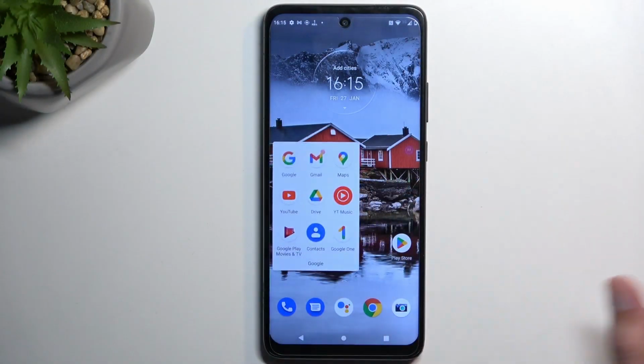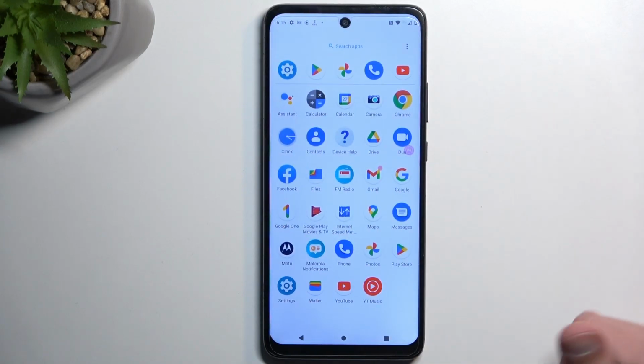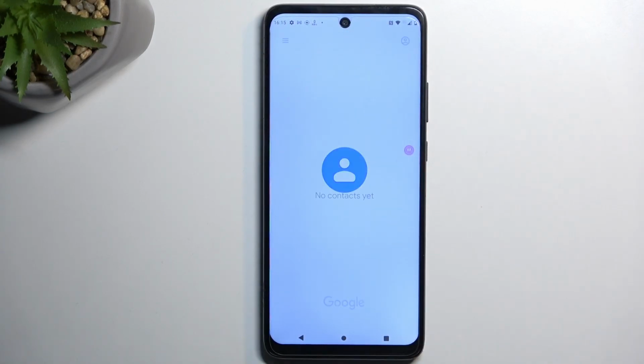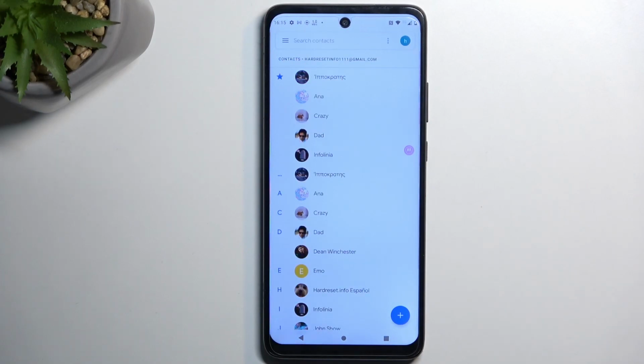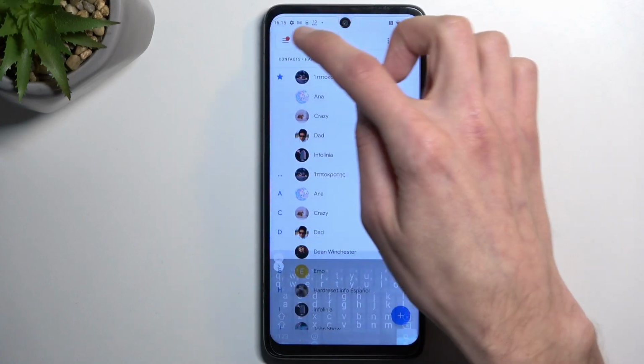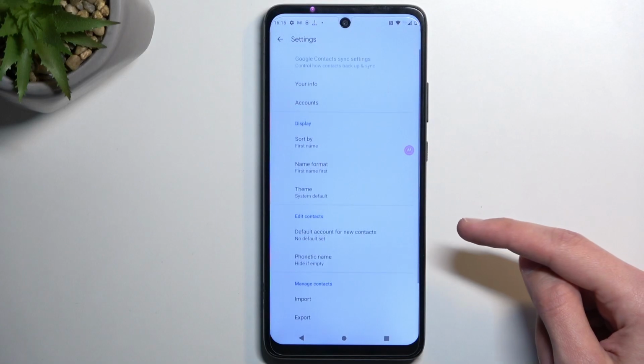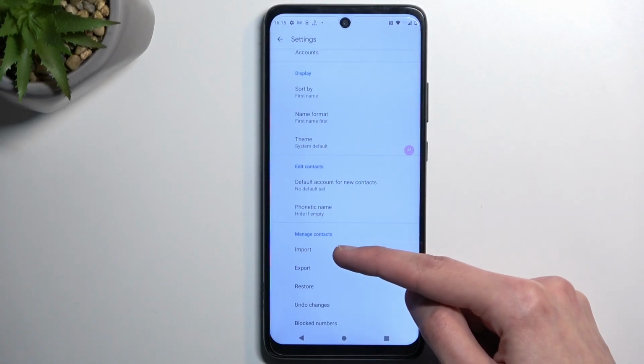Now to get started, you want to open up the Contacts application. Make sure you open up the standalone version, which is located under the Google folder or just by swiping up. See it right here. And in here, you're going to tap on the three bars on the side. There we go. And we're going to navigate into the settings, and at the bottom you'll find import option, so